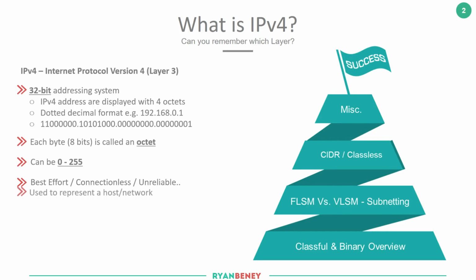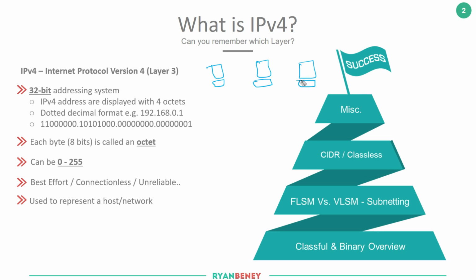Okay, so the last point to pick up is what an IP address is actually used for, and it's used to represent you as an individual on the network. So for example, if we had, let's say, 3 PCs, each PC connected to a particular network,